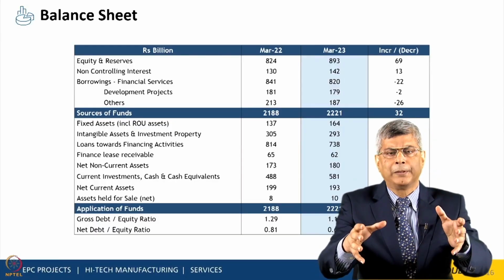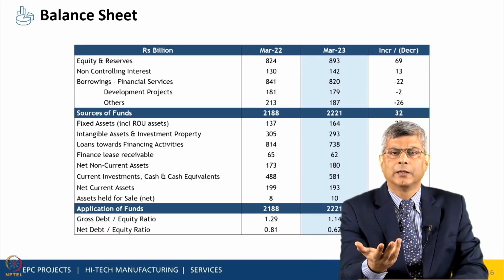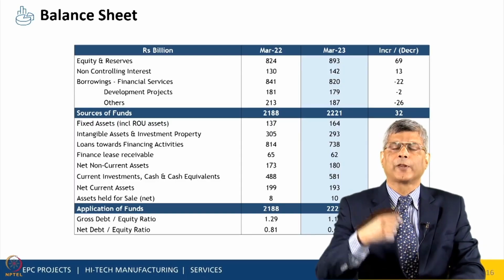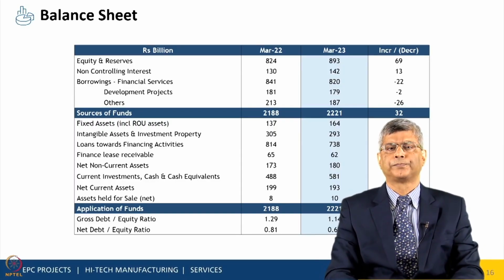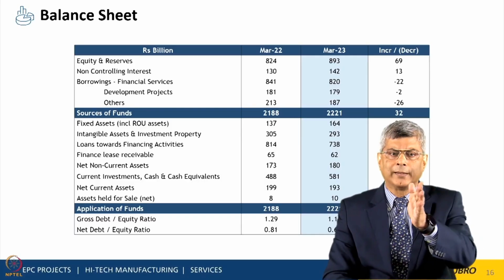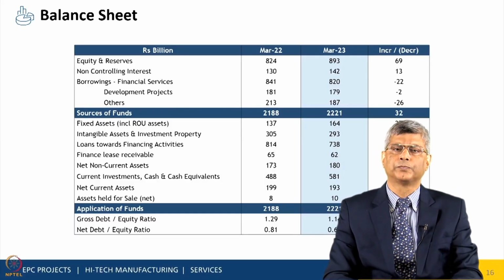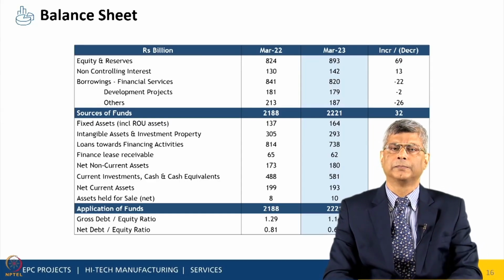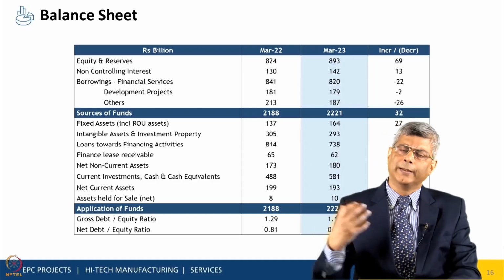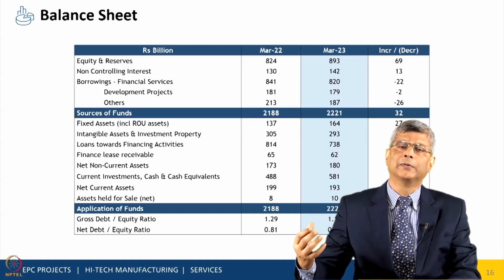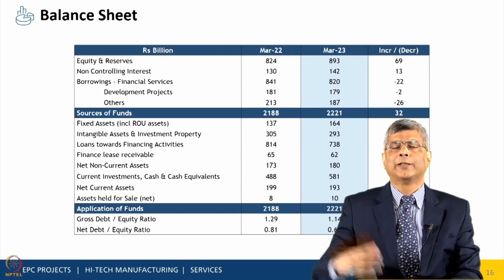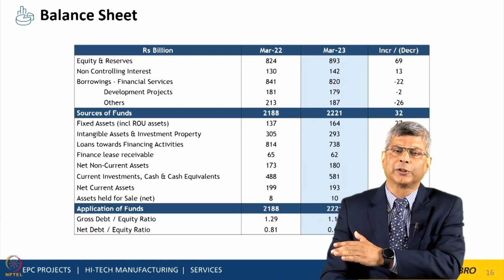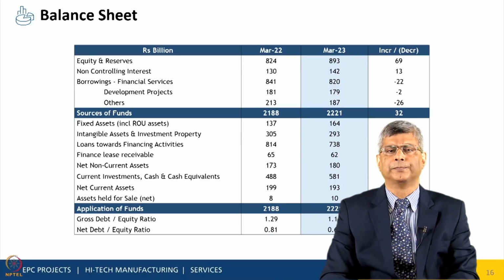It looks very simple, but underneath it is probably lakhs or millions of individual transactions. So if you look at the balance sheet, you will find right on the top sources of funds, which in the example of a cup of tea is a loan that I took from the grocery shop. So that was my source of fund, the loan that I took from the grocery shop for my milk, sugar,